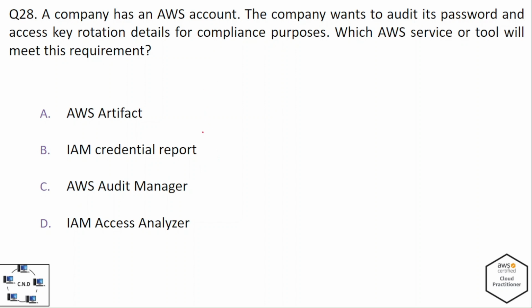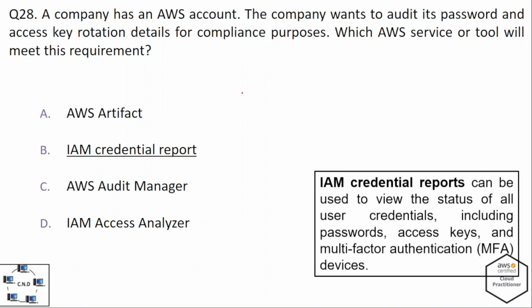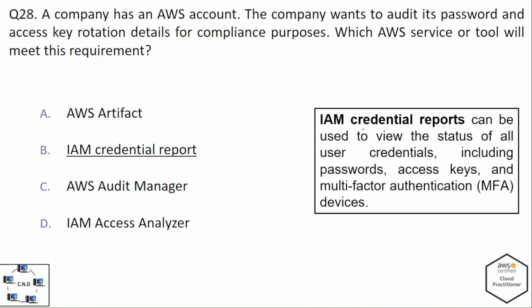And the correct option is IAM, that is Identity and Access Management Credential Report. So IAM Credential Report can be used to view the status of all users' credentials, including password, access keys, and